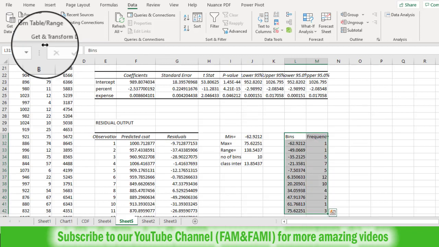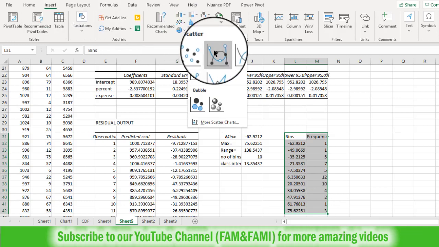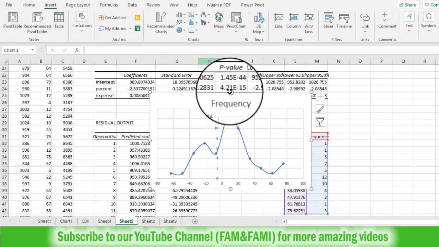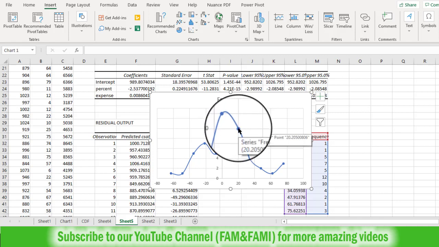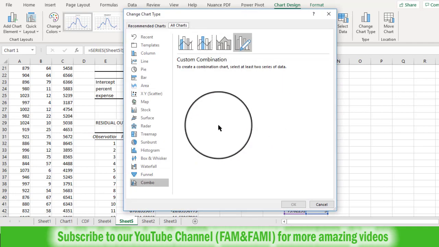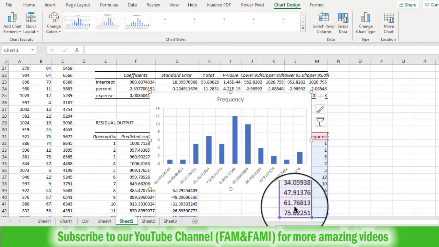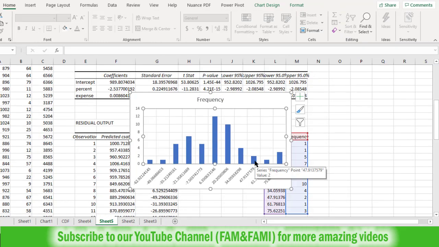Select both columns, go to the Insert tab, choose Scatter and choose Connected. Now click on this graph, right click, Change Series Chart Type, and here select Columns. Click on OK. This is the histogram of these residuals.